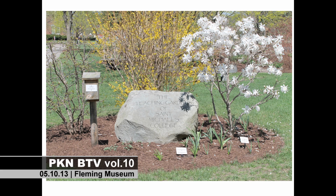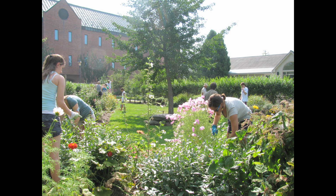It is an interdisciplinary outdoor learning space that was created in collaboration, and everything that we're going to show you tonight, including the weeding and the watering, was done by our students. And many of these students have had the opportunity to write essays after weeding for 3 hours in the sun. That was the difference between work